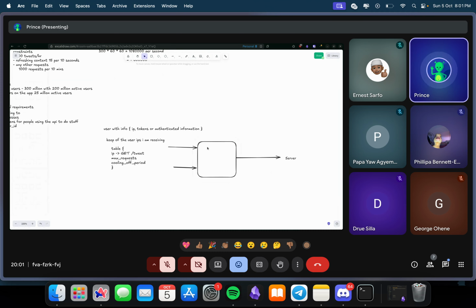And we keep information related to the IP address. So we create a record for the particular IP address. If we receive another request with the same IP,